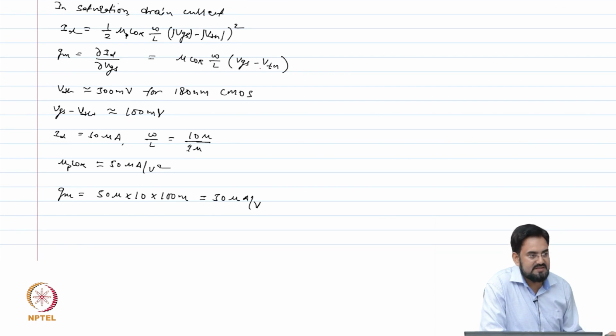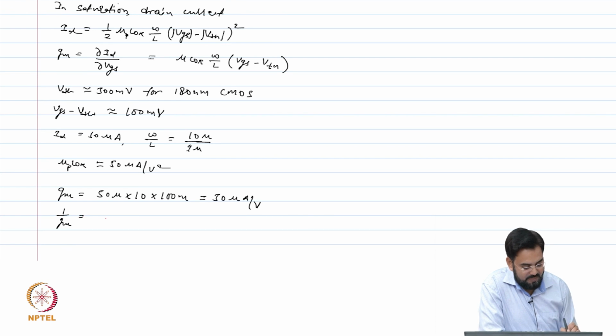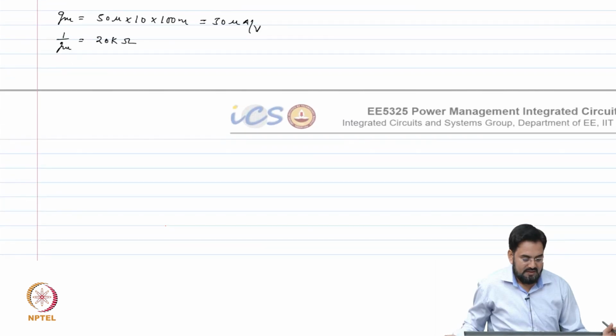100 milli is your VGS minus VTH. So, this is 0.1 into 10 is 1. So, which means 1 over GM is what? 20K, correct, and your capacitor,